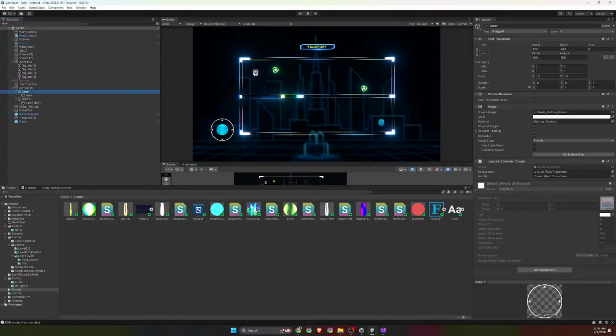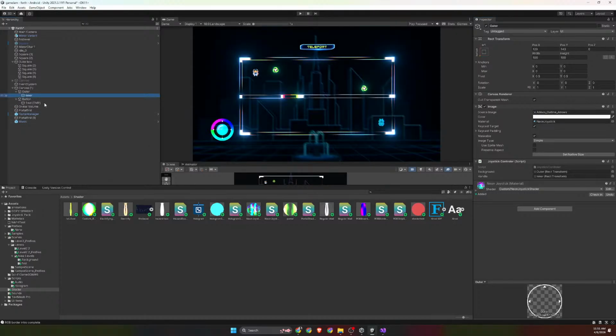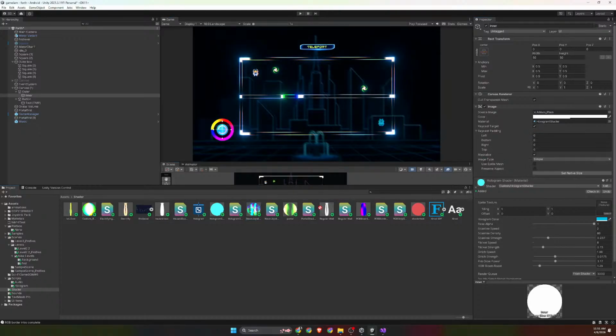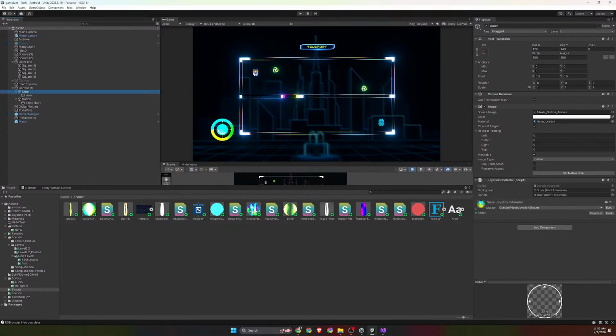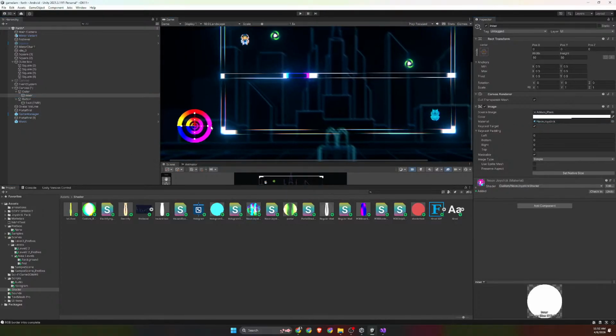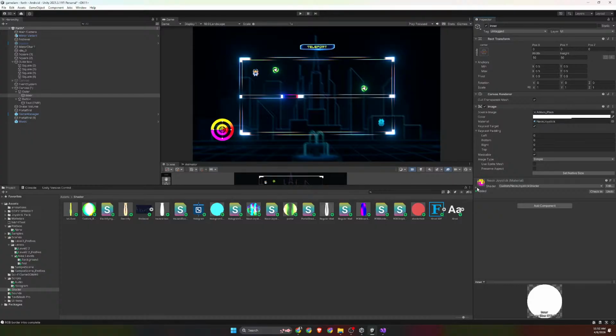So we assign this here. It is working, guys. Instead of inner, we give outer the neon joystick. For inner, we give neon joystick as well. Dude, this looks kind of sick, but